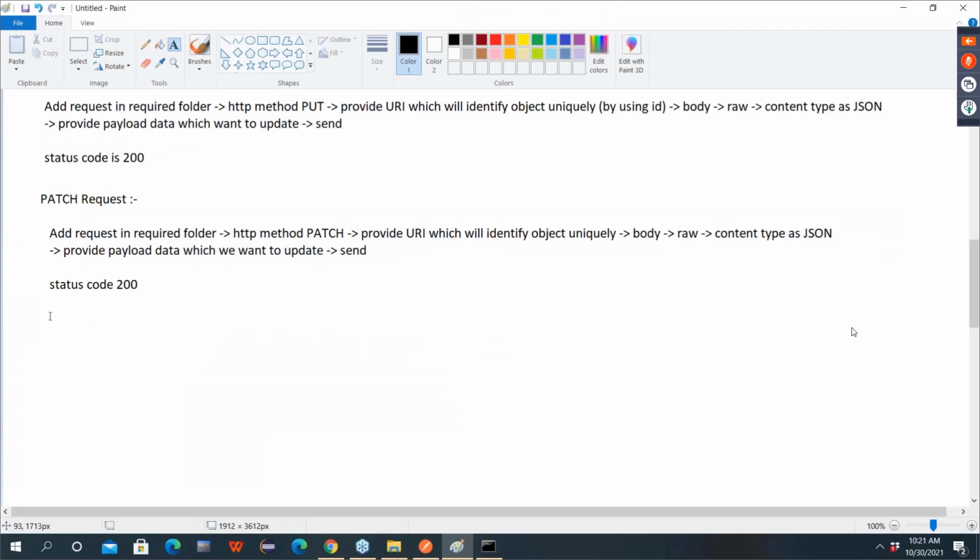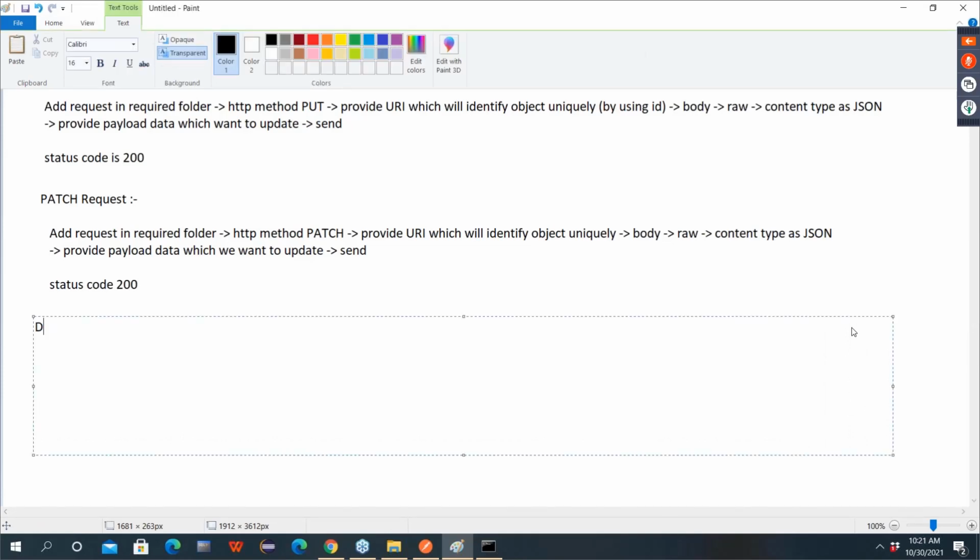Now here we will say delete request. Add a request in the required folder, HTTP method as delete.